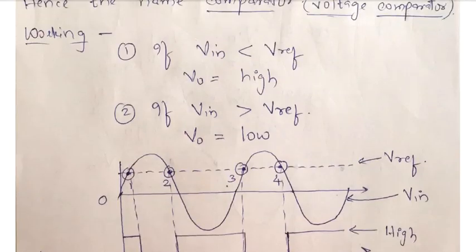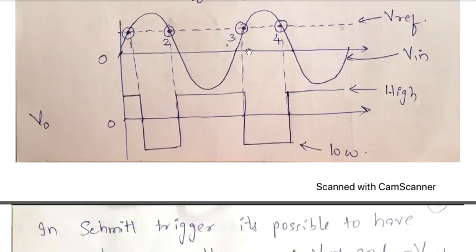Now, as per this equation, if V input is less than V reference, output voltage should be high. So, because from 0 to 1, V input is less than V reference, my output voltage should be high. Hence, if this is 0, the high logic is here. So, from 0 to 1, I have shown high logic for the output voltage. So, it remains high from 0 to 1, constant. Okay. Then I need to draw the waveform after 1.